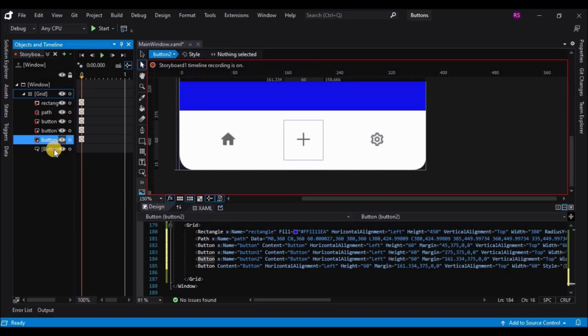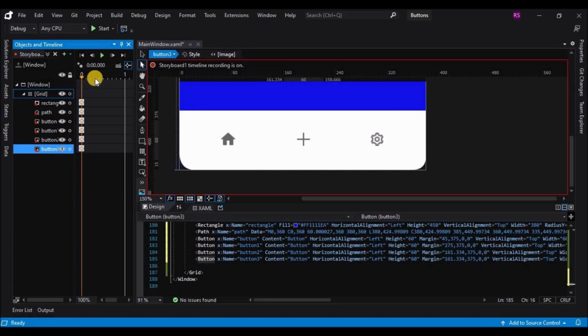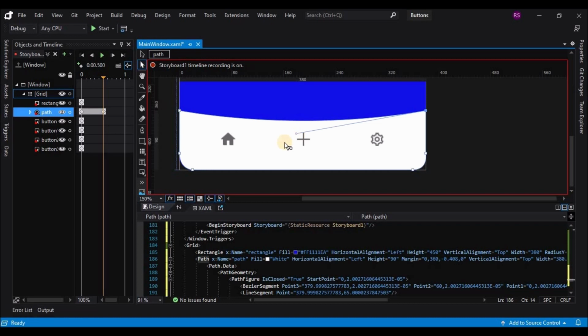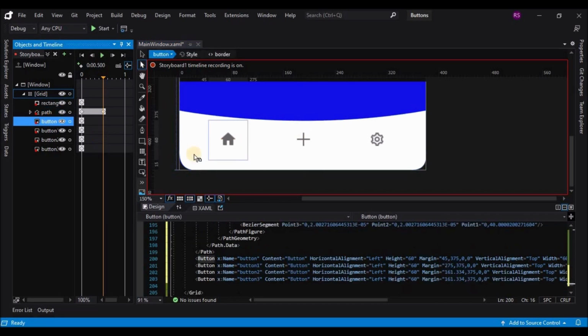So this is the animation that I want, so I will change the arc position, and once I'm done with that, let's change the buttons also to look a bit skewed and moving towards the center. So I am changing the position of the buttons to move to the center, and I have to move the last button as well.